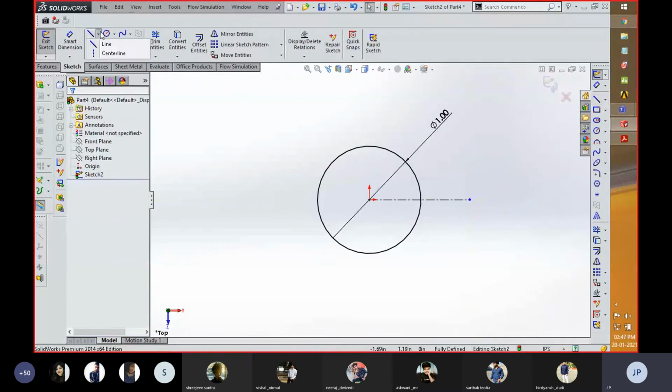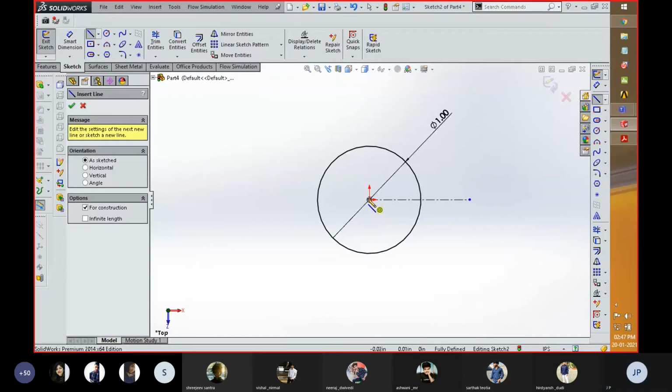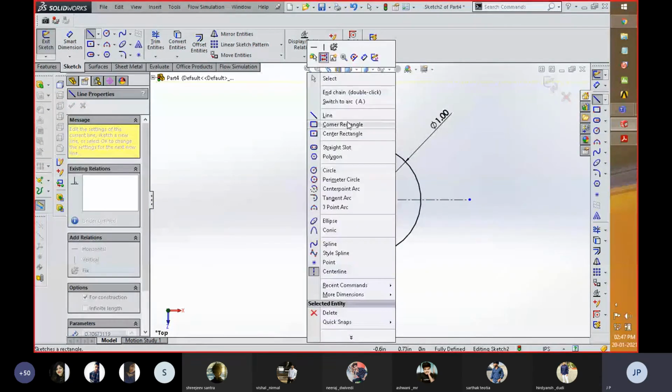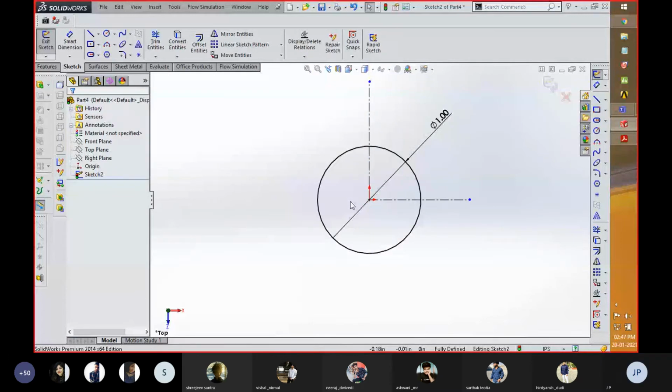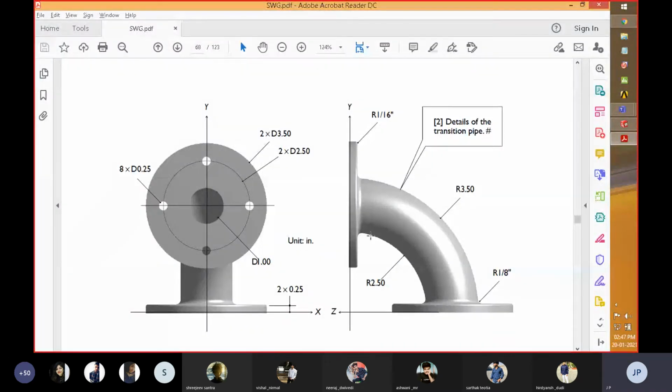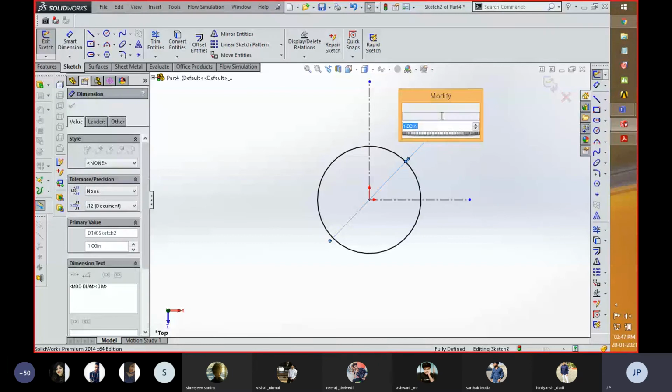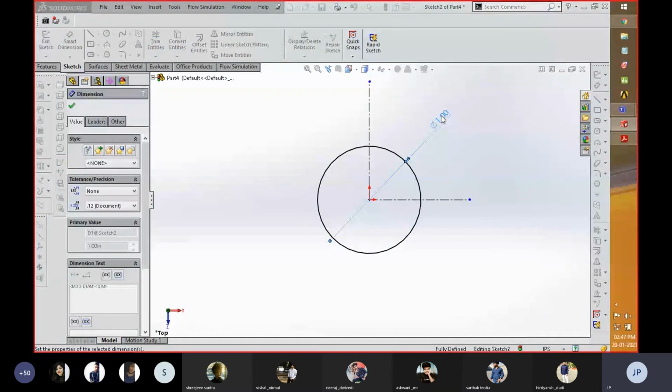Again, I am going to create another center line. So over here, I am going to create this circular path. If the center of the circle is this one, the distance from here to here is around 3, so this value should be 3. I mistakenly filled in the value of 2.